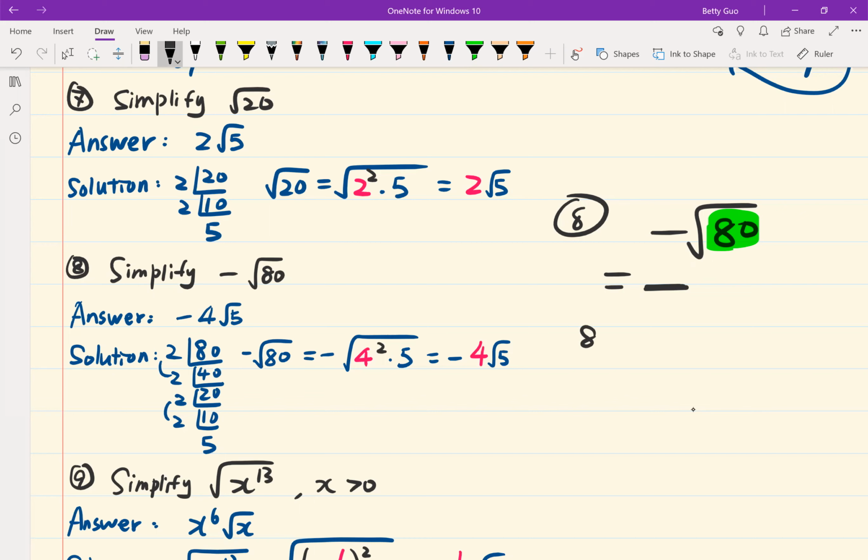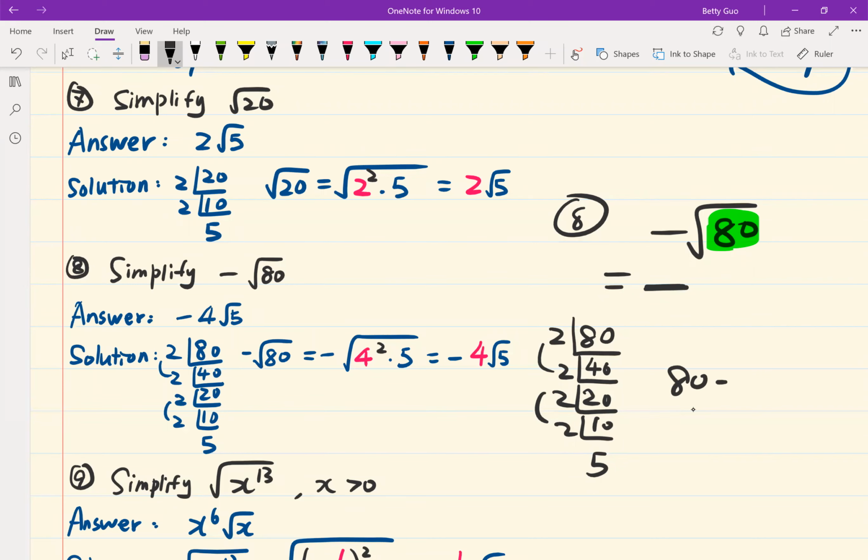We tried 1 square, 2 square, 3 square, all the way to 20 square, right? 80 is not a perfect square. If it's not a perfect square, we put it on big L. 80 is divisible by 2. Divided by 2, we have 40. 40 divided by 2, we have 20. Divided by 2, we have 10. Divided by 2, we have 5. So you see, actually,